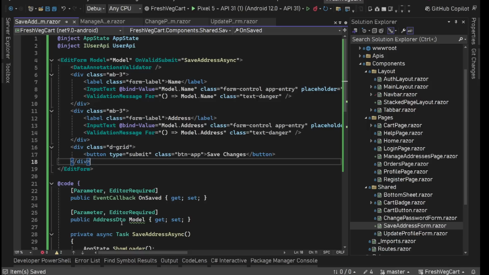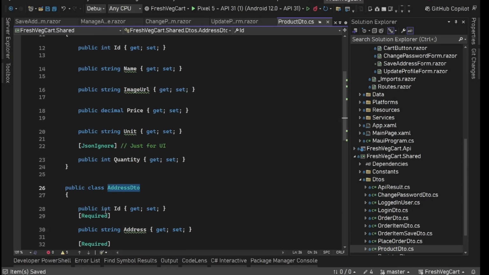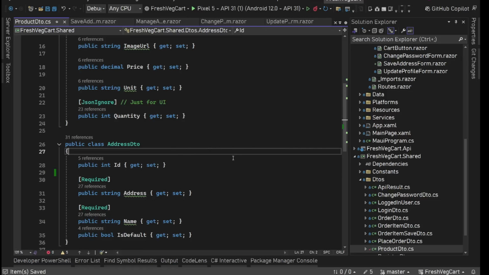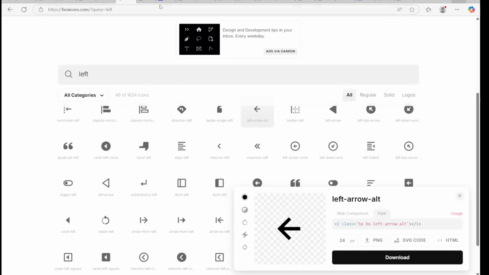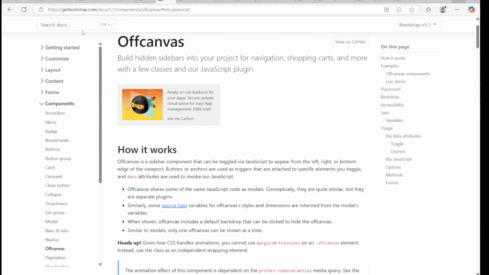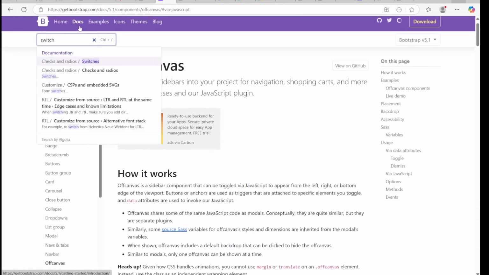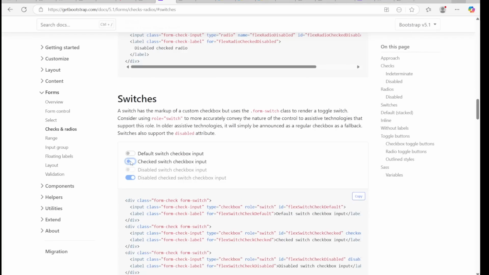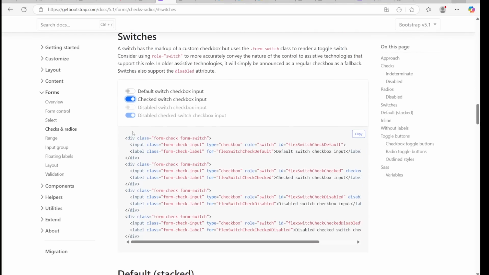Now in this address DTO, we have one more option for is default, if this address is default or not. For this we are going to use Bootstrap's switch, which is a checkbox only in this format. You see, so we are going to use this one, the second one. Let's copy this thing,